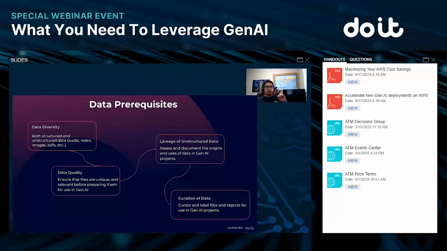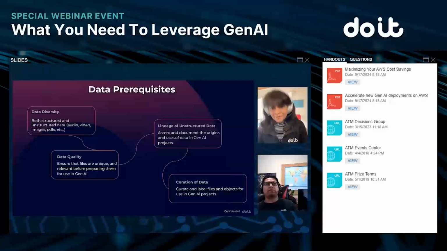And I'm gonna stress this a lot, because everybody's talking about Gen AI and everybody's talking about, hey, all these different things that you can do with it. But start with that question of what is it that you want to do with Gen AI? What is the outcome that you want to get, and then work backwards. That is the key to be able to get these projects into production. Start with the end goal and work backwards into being able to calculate a lot of the ROI, a lot of different things that we're talking about right now, right? So I just want to double down on that one.